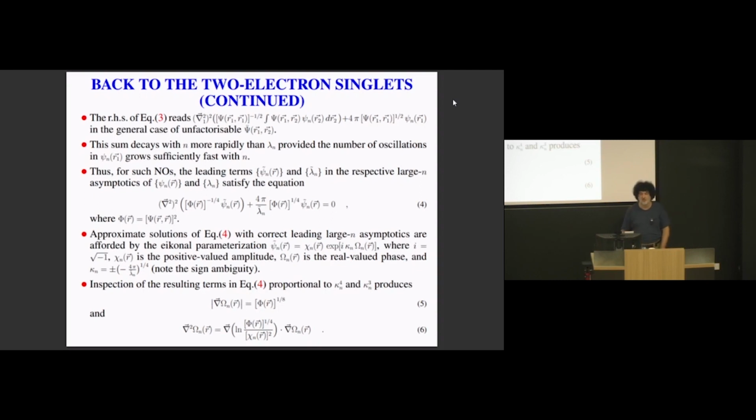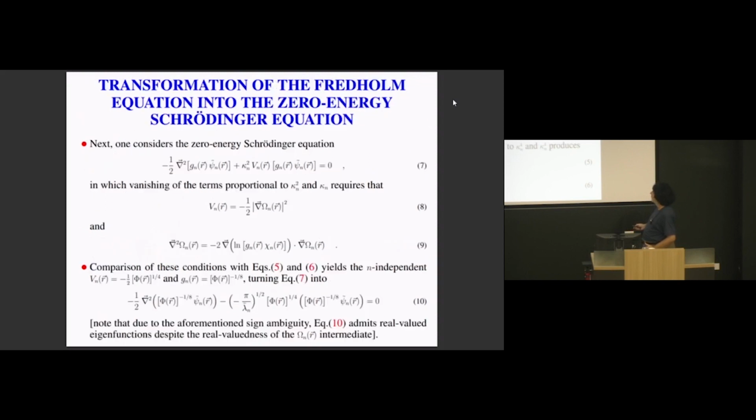We can ask the following question. Can we write a Schrödinger equation that will give us the same WKB approximation, that corresponds to the same WKB approximant, and then asymptotically, this Schrödinger equation will be equivalent to our biharmonic equation? So we have the biharmonic equation, and we are asking what is a Schrödinger-like equation which shares the same WKB approximate solution. So that's what we can do, and it turns out that's exactly the equation that we